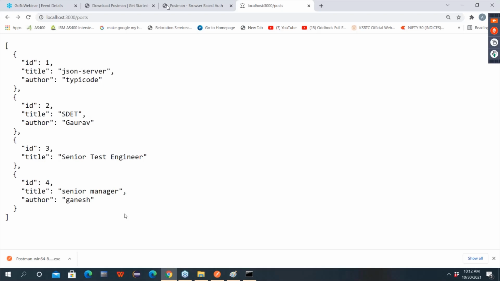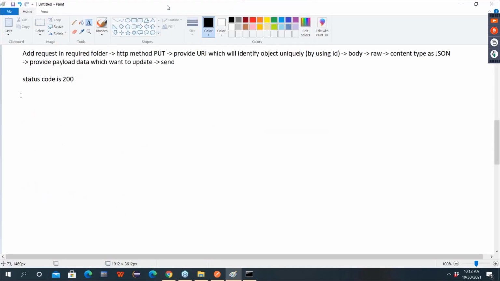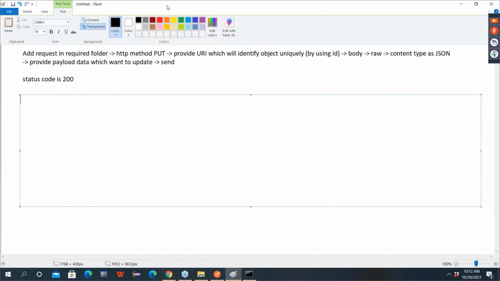observe here. So how to send a patch request? Again same, that request. Steps are mostly similar only.